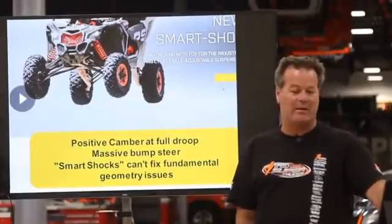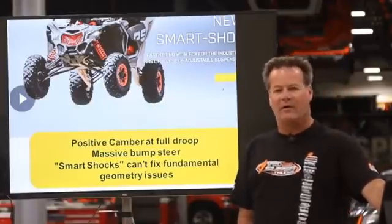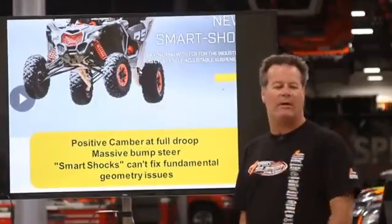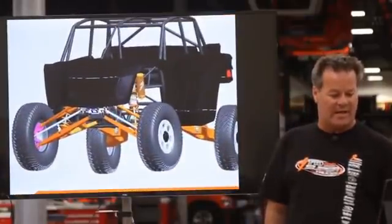It's not there. I know they're winning races. I know race teams are doing a good job. They're making them heavy. They're making them robust. They're adding gussets all over these cars. But we're talking a production vehicle right from the factory. They're going to need more than a smart shock. Wanted to just size up what our car looks like next to that. And, oh,